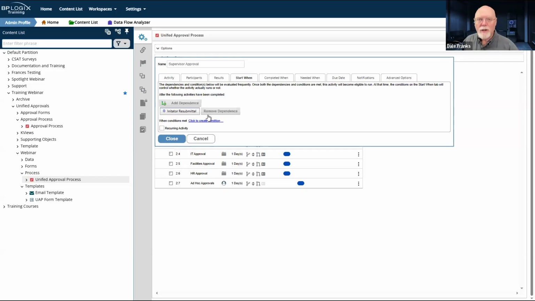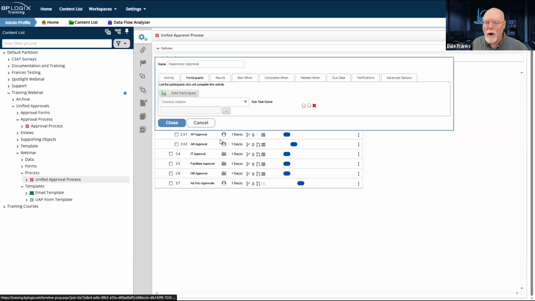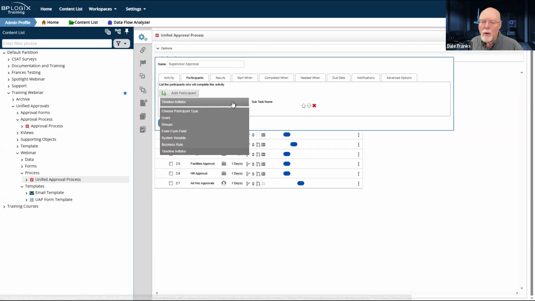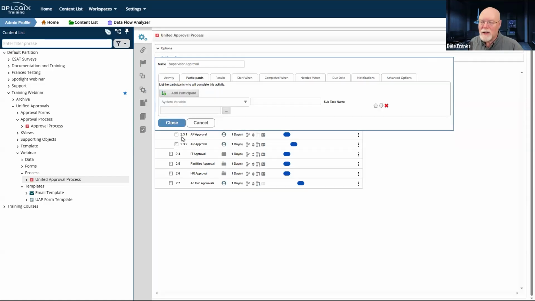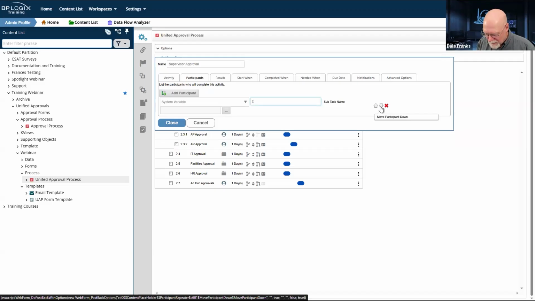Normally, what you would do is you would just assign the task via form field on the participants tab. We can't do that. We can't do any sort of form field assignment. Once again, form field system variables are going to be our best friend. So we're going to have to assign via system variable. And so this is the supervisor. So in this case, we need to use the supervisor field, but this is a user picker.